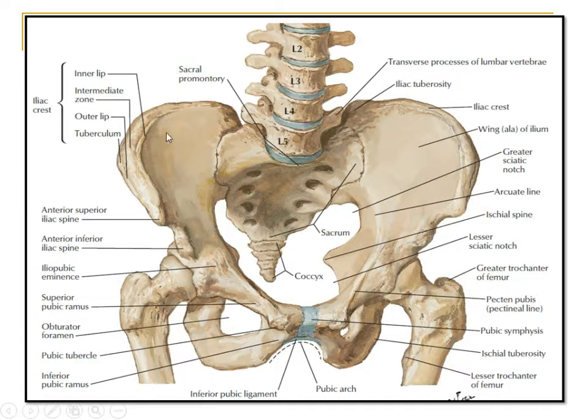So we can see over here, this part of the hip bone is the ilium, over here lying inferior to it is the ischium, and anteriorly the two parts of the hip bone which are articulated with one another are the pubic or pubis bone. These different bones have different ridges which form a margin for the pelvic inlet. We'll be talking about the structures forming the pelvic inlet shortly.